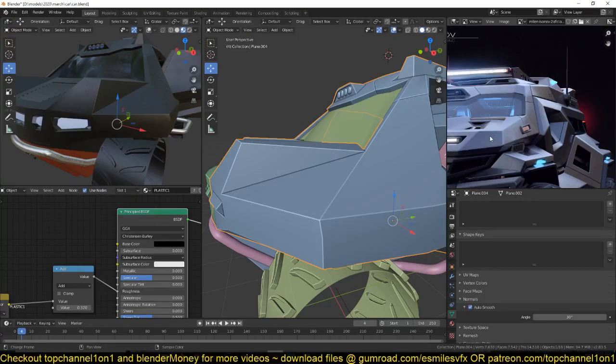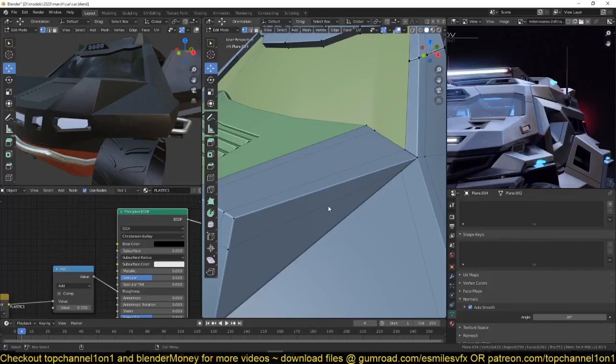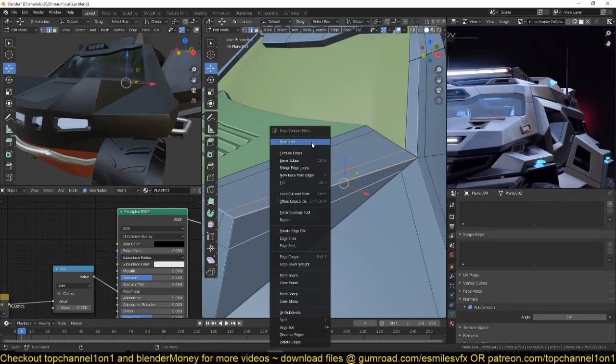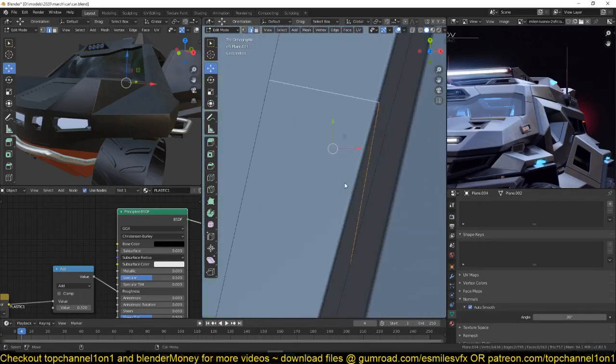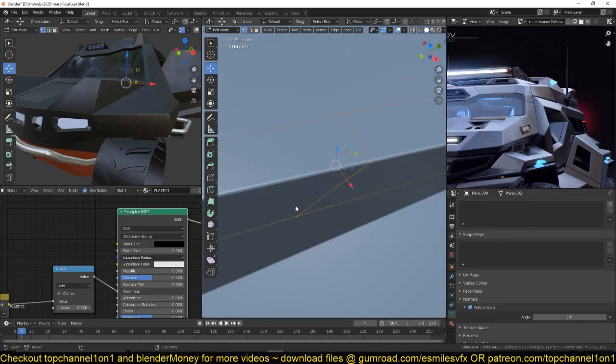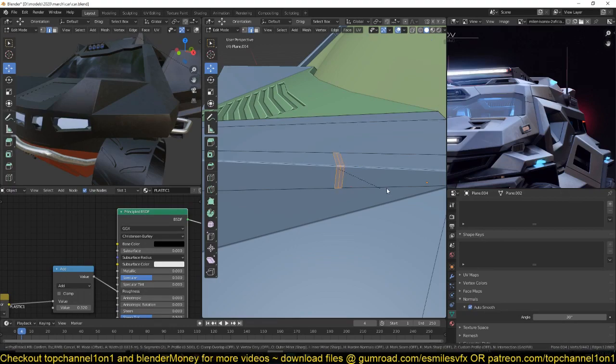We're trying to create this here, but we don't want the same design here exactly. So what I'm going to do is just subdivide this to have something like this. Like that. Then bevel that,